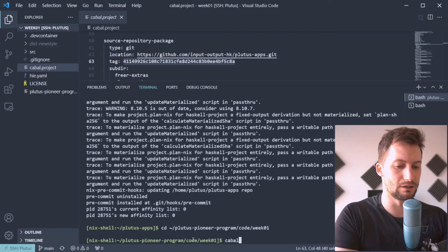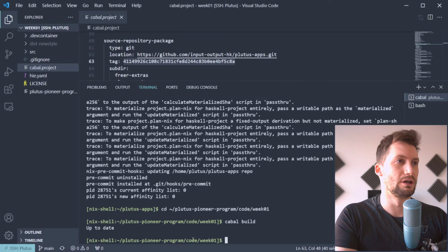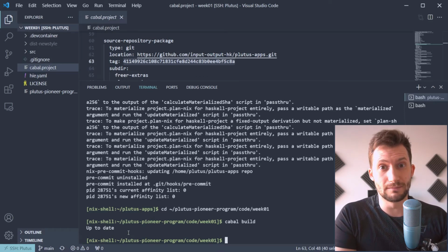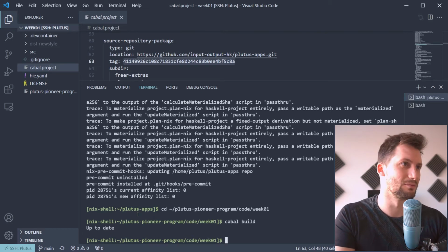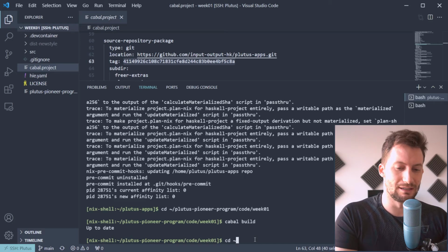Okay, and now here we can go CABAL build. Okay, this is going to take like 10 minutes. I've already done it, so it says up to date because it's already ready. But for you, it's going to take a little bit longer, and that's okay. It's only going to take 10 minutes. It's not going to take 3.5 hours like it took for me. Now we've got that, we can cd back into